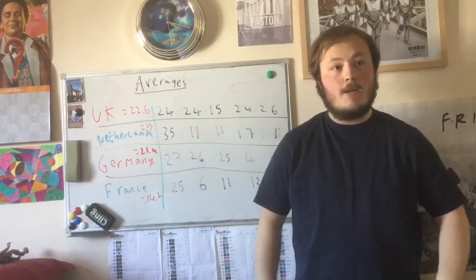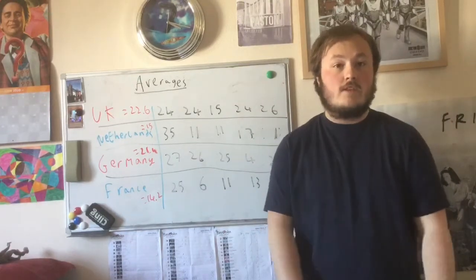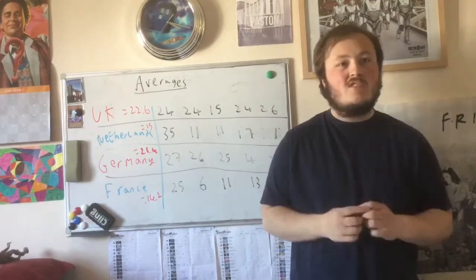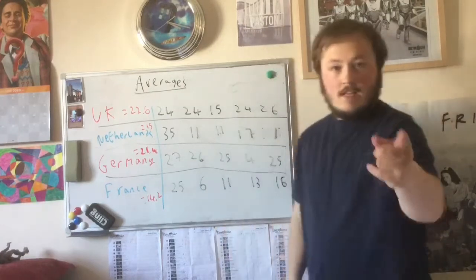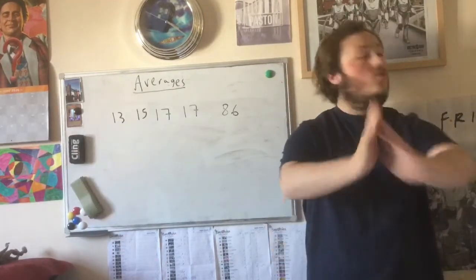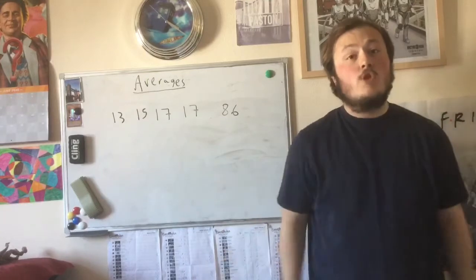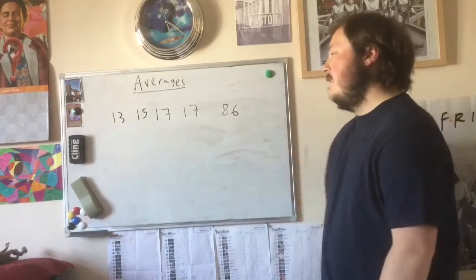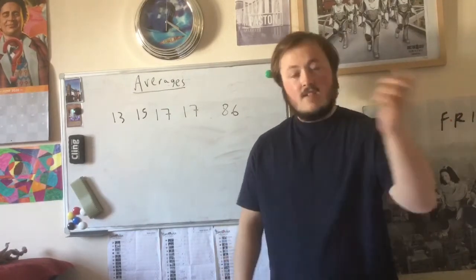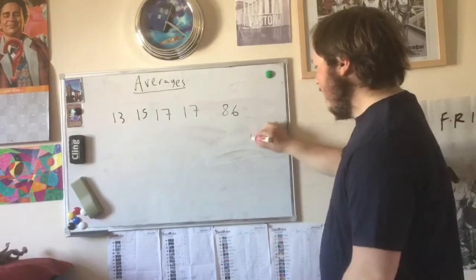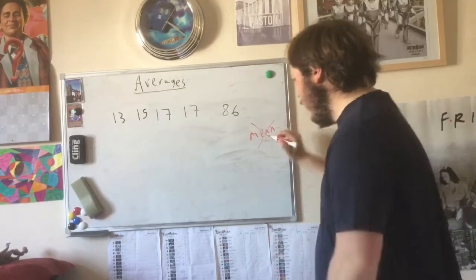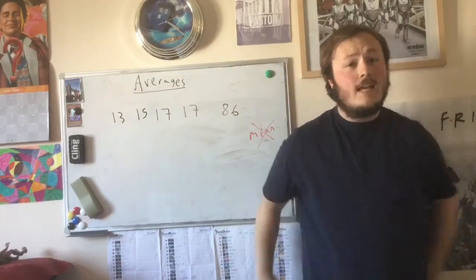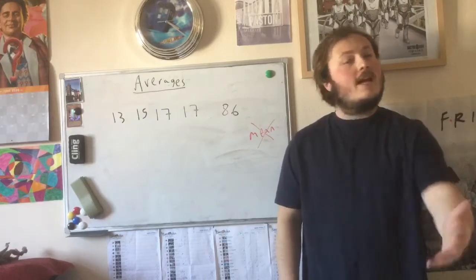Now today we're going to be looking back at all three averages we have focused on this week, and we're going to be seeing which one is maybe the best based on the pros and cons each of them have in certain questions. Let's get into it. So let's firstly focus on just one set of data. Which average would be the best in figuring this out? So, I have 13, 15, 17, 17 and 86. So already we could say that the mean is not the best, because 86 is an extreme value and that would heavily influence the mean. So we can't use that.